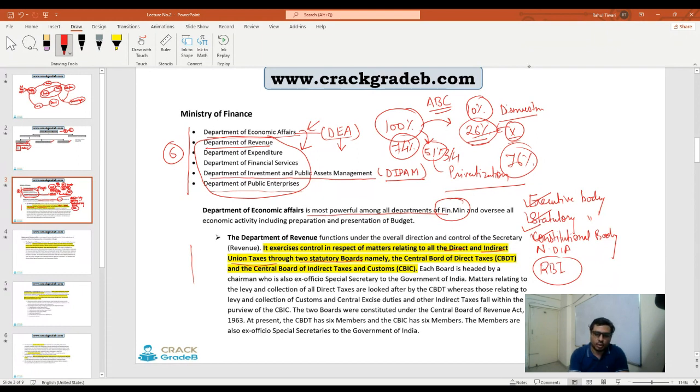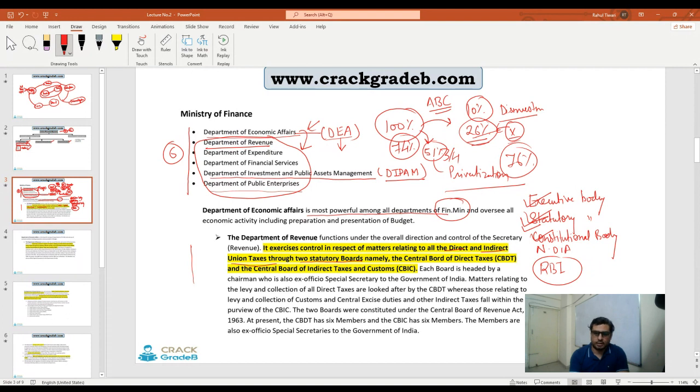First, I'll explain what you understand by statutory body, constitutional body, and executive body. When any organization is formed with a law made by the parliament or legislature, it is a statutory body, right? Whereas if any organization is formed with an order of government,